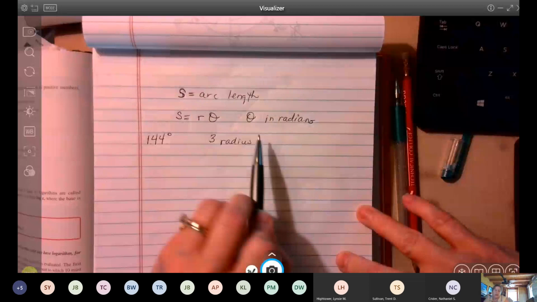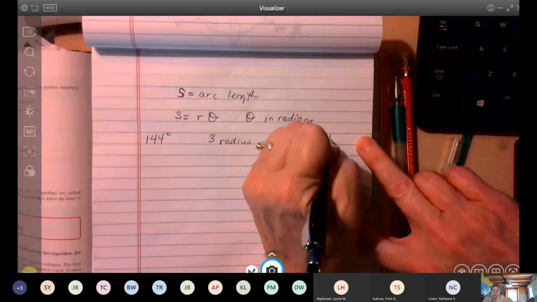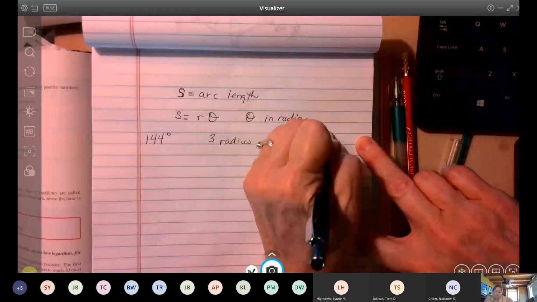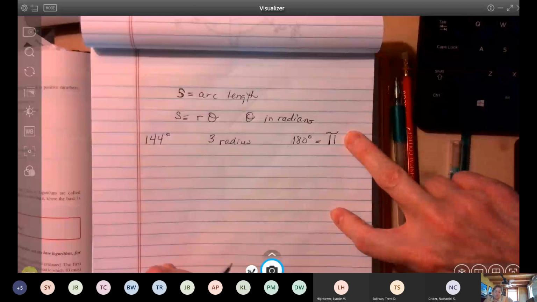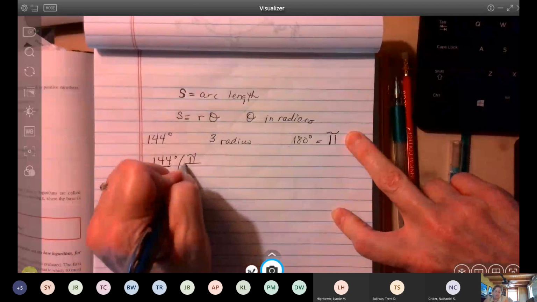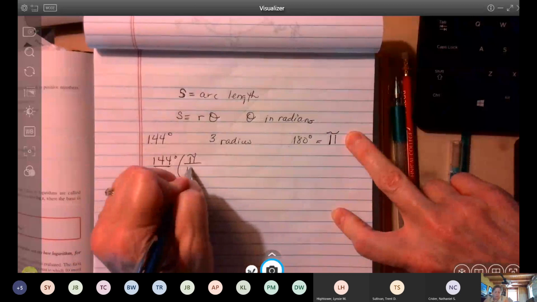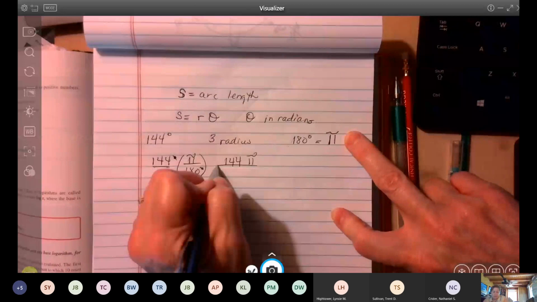So I know that at 180 degrees, I have 1 pi. The pi is my radians. So I can use this as my conversion factor. So I can say 144 degrees over 1 times pi over 180 degrees. My degrees are going to cancel. So then I have 144 pi over 180. When I reduce that,